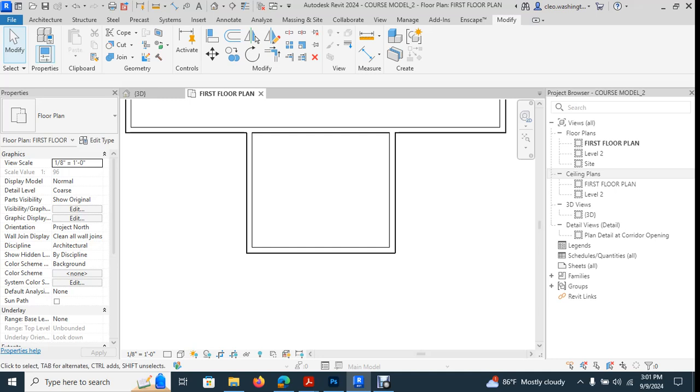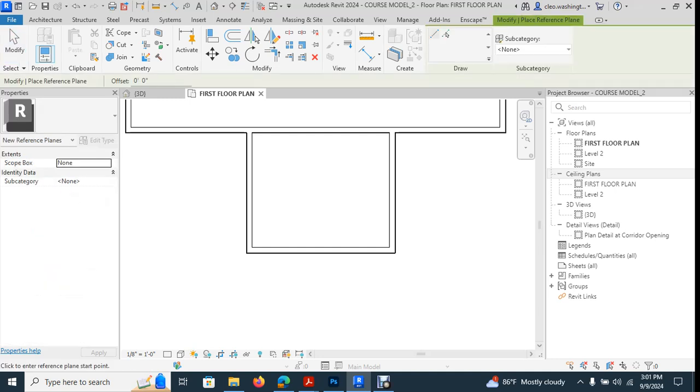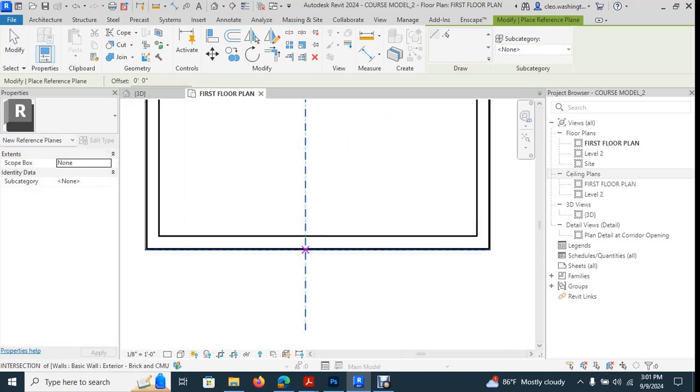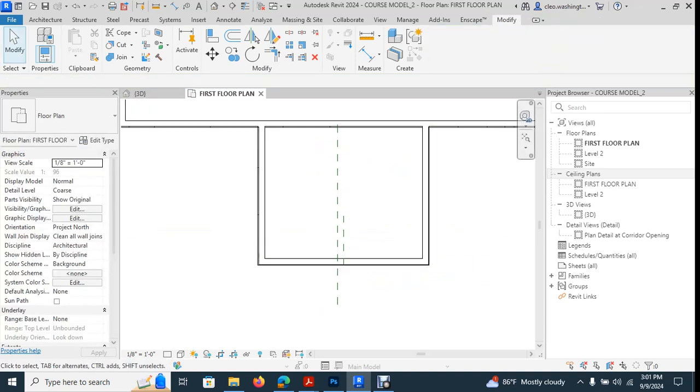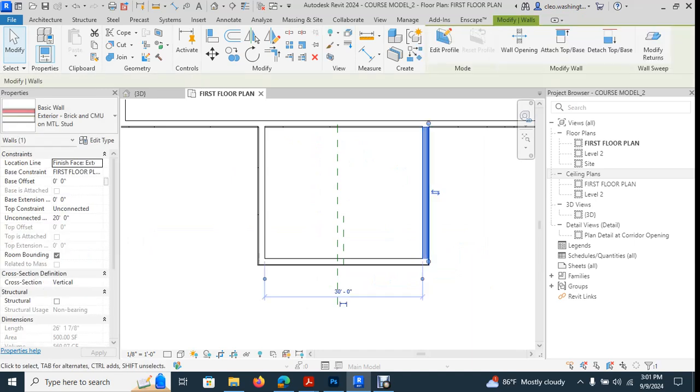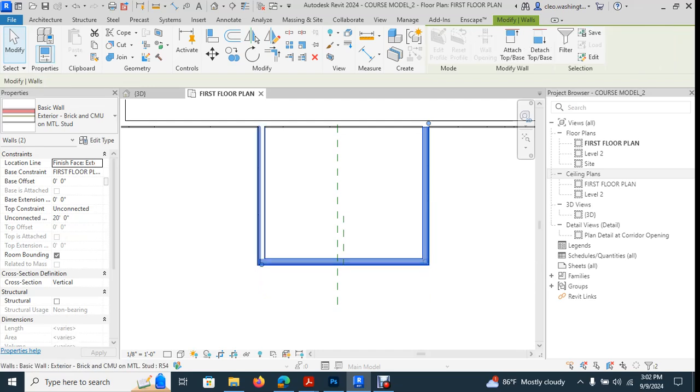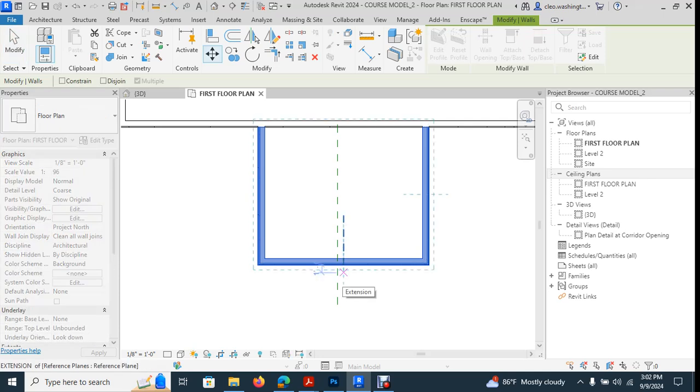Now what you want to do is go back to your reference plane command and select the center wall, and you want to make sure that it's still centered, which it's not, okay? So this is actually the center of this wall. So you can select this wall, hold down the control command to add additional selected items. Then you select this wall, then you select that wall, and you type in M and V for move,